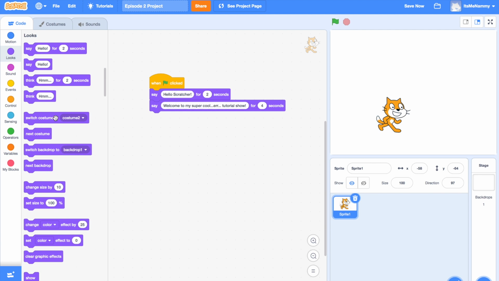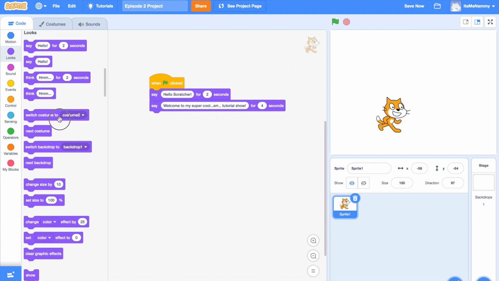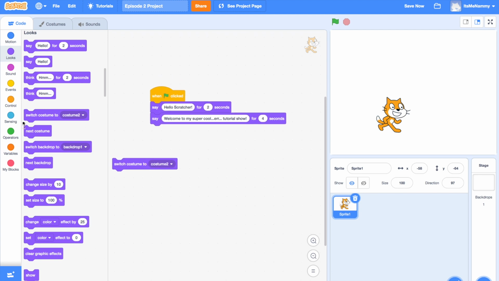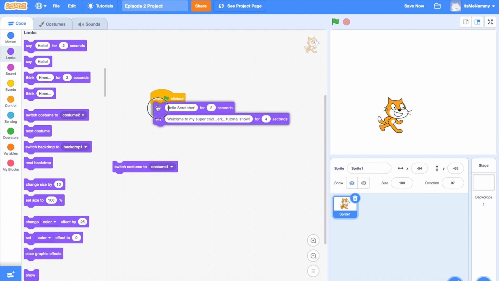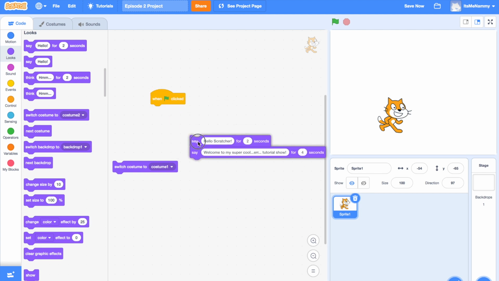So you select switch costume to costume 2 and you drag it over into your code section. And once it's here, you can change it to whatever you want. So costume 2, as you can see, is turning into a running costume. Change it to costume 1, it does that. So you can get rid of these again, drag them away from green flag clicked,